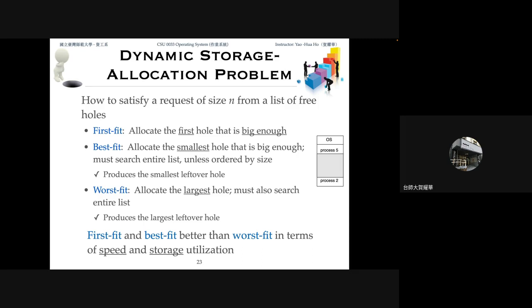Okay, the worst fit means I'm going to allocate the largest hole, which also needs to select the entire process, which produces the largest leftover. So I can have a bunch of the largest leftovers, so I can have another one to put in the future. All right. So the first fit and best fit are usually better than the worst fit